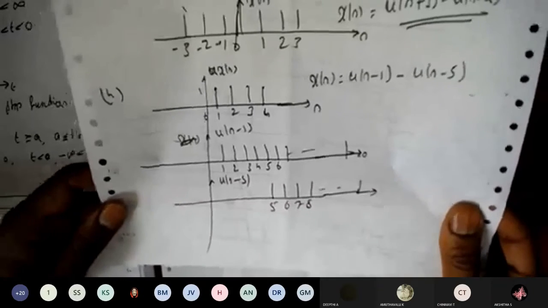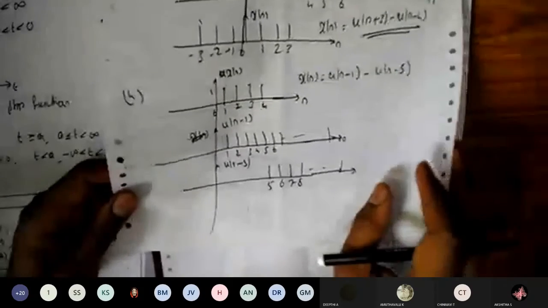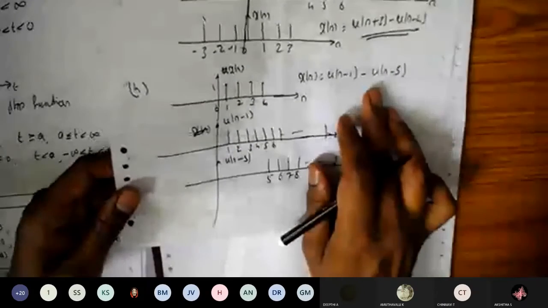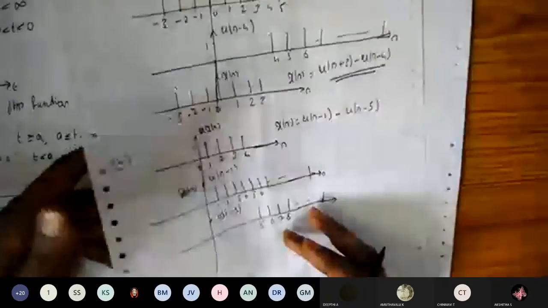Okay, so like this, we are going to express the waveforms in terms of the unit step function. Sometimes the expressions will be given, and we need to convert them into the mathematical waveforms here. Done. So this is called the unit step function, a very important elementary signal.